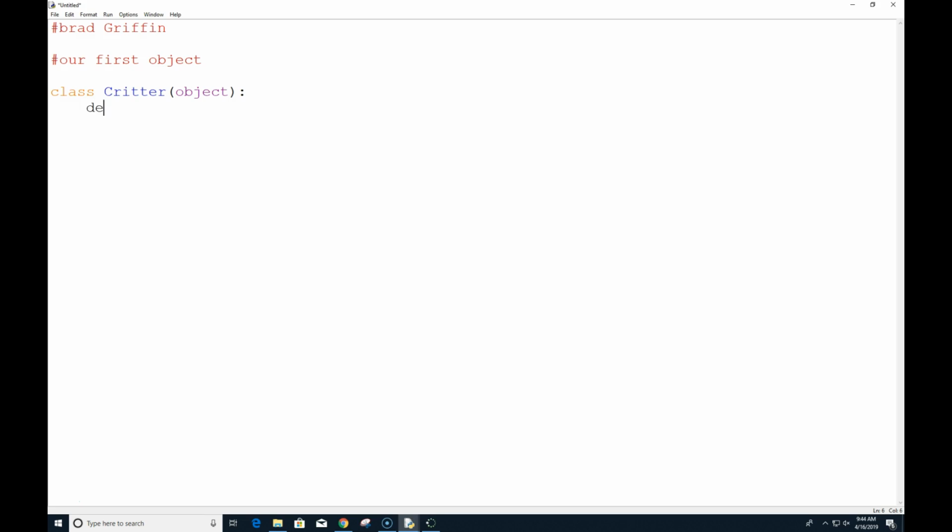Inside of here, I'm going to define something it does. I'm going to define it as talk. We're going to create a method inside of this class. The method is what it does, and we're going to reference self.